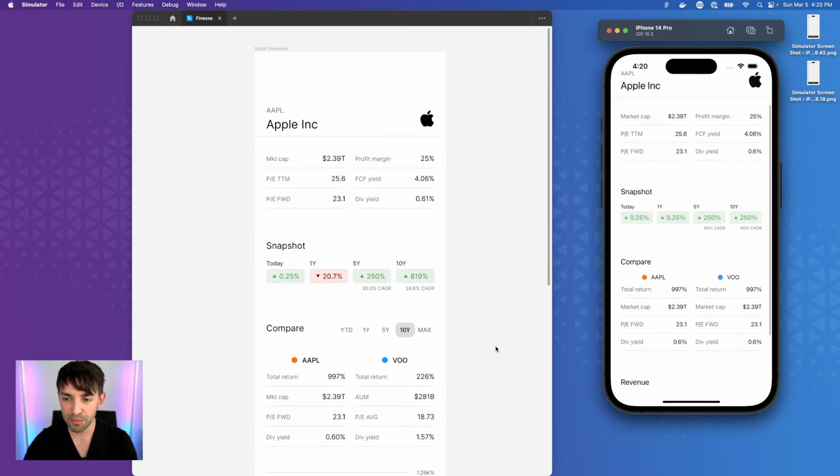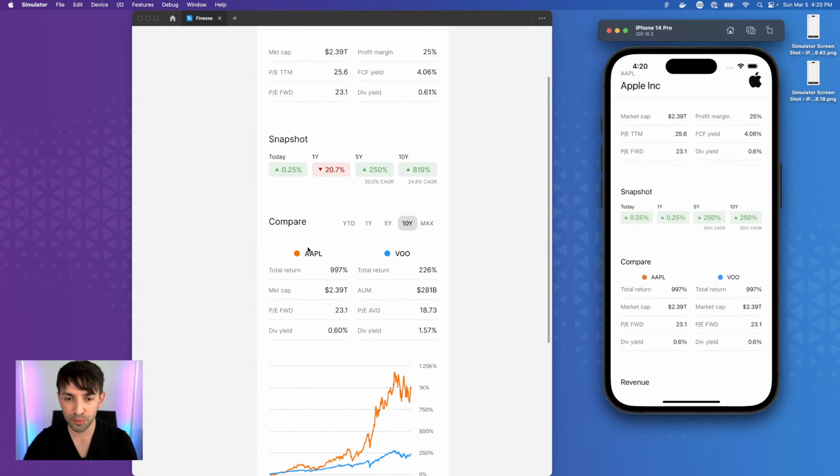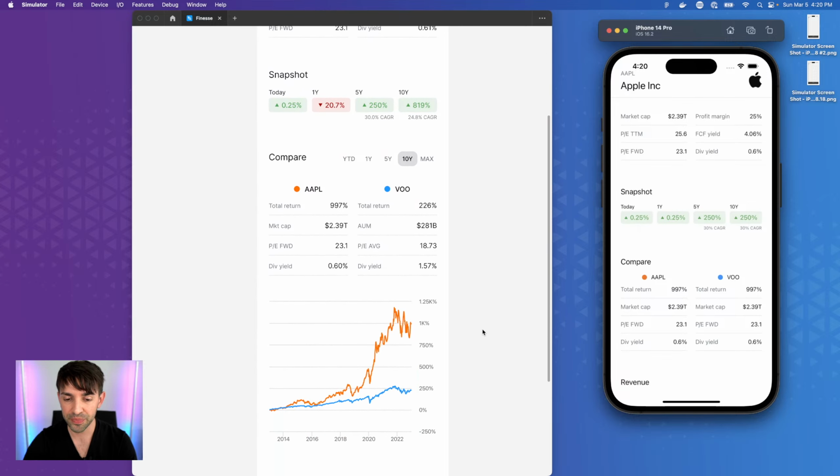So what would end up being done from here is bringing in these tabs for compare, bringing in the chart,